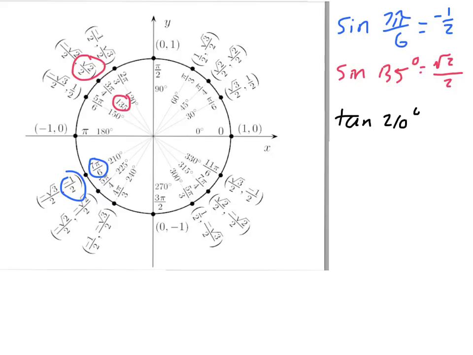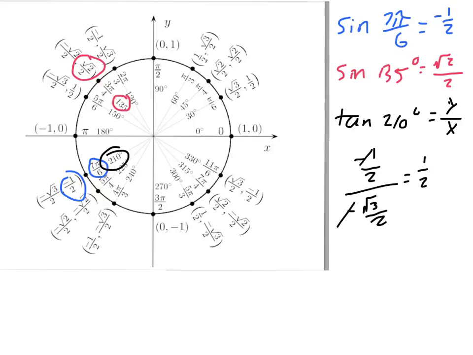Tangent of 210. 210 is right there. Tangent is going to be y over x. So that's going to be negative 1/2 divided by negative root 3 over 2. Well, the negatives cancel out. So you have 1/2 times 2 over root 3. The 2's cancel out. So you have 1 over root 3,